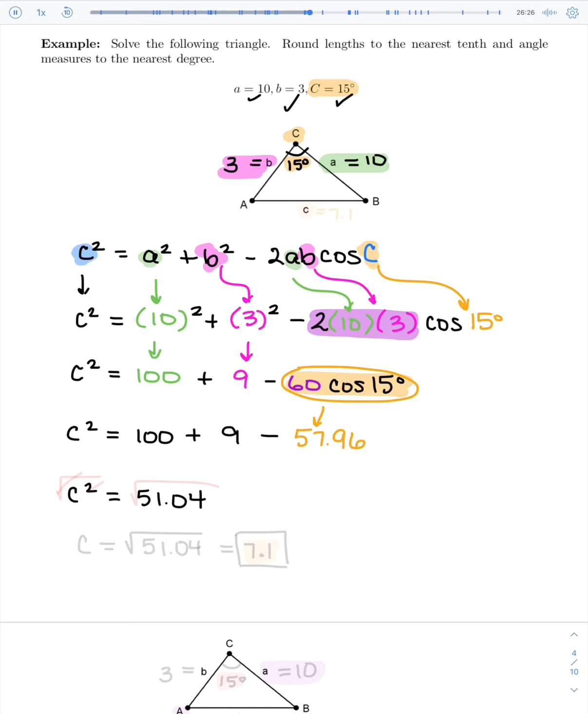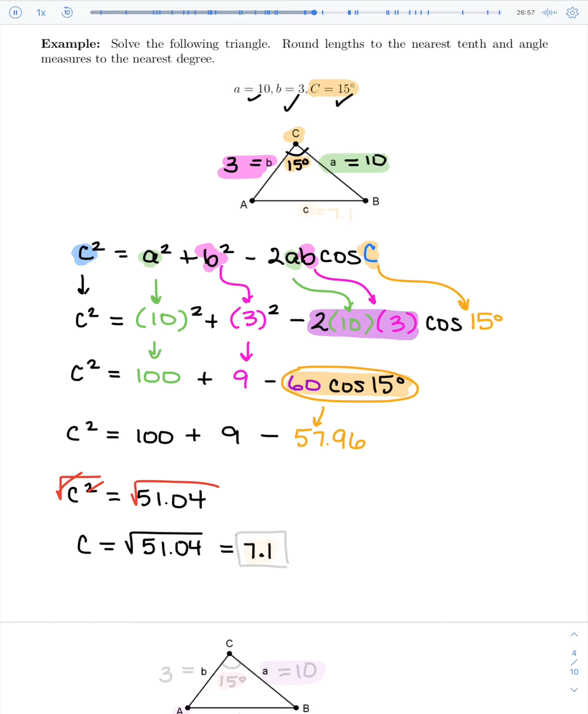We have to get C. This is C squared. So to get C, we would take the square root of both sides of the equation. That would cancel out the square with the square root and would get us that C equals the square root of 51.04. And they did tell us to round lengths to the nearest tenth. So when we take our square root, let's do that. The square root of 51.04 gives us